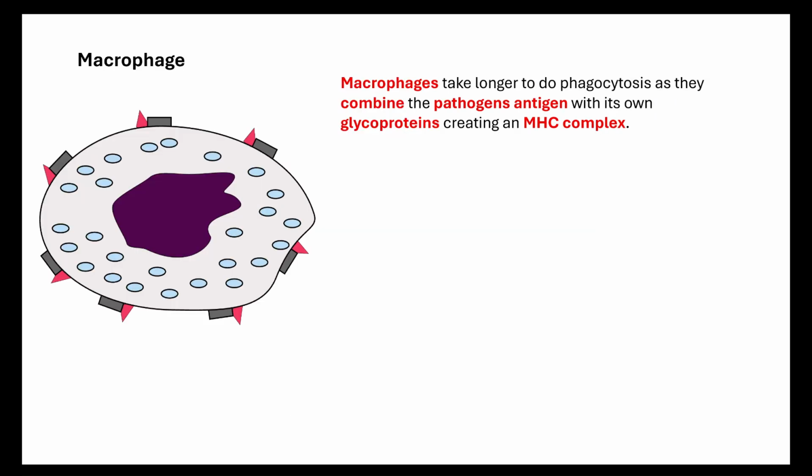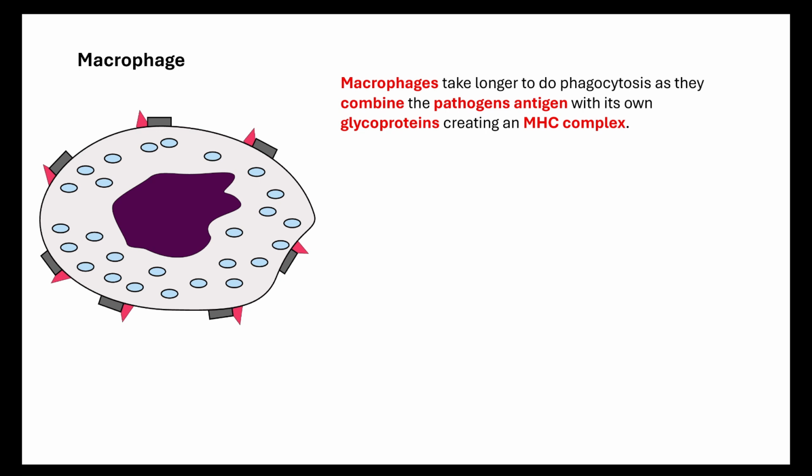So the other thing we need to know is, although you need to understand that there are neutrophils, that are phagocytes that will do phagocytosis, there's another type of phagocyte which is called a macrophage. Now, a macrophage will do phagocytosis, the same process, moving, engulfing, digesting, but the macrophages actually do it in a longer process. And the reason it takes longer is because a macrophage will actually take the digested parts of the